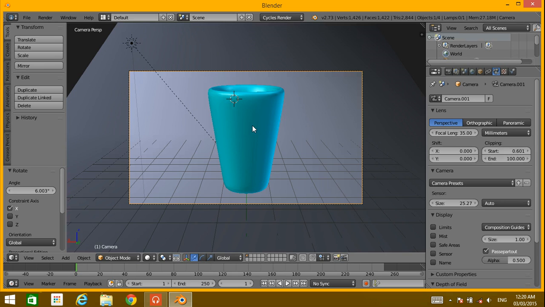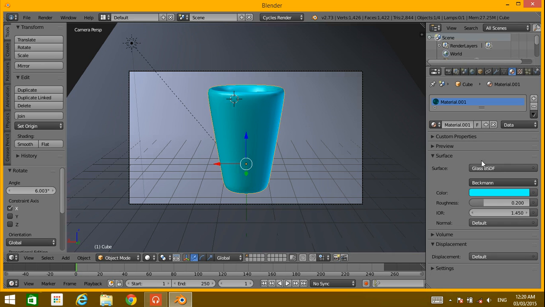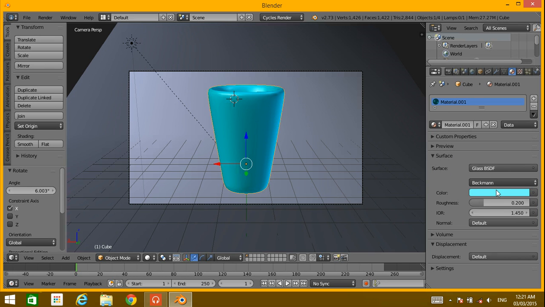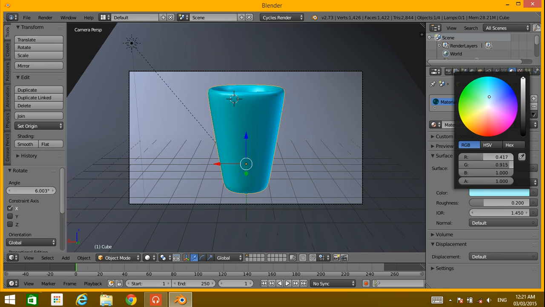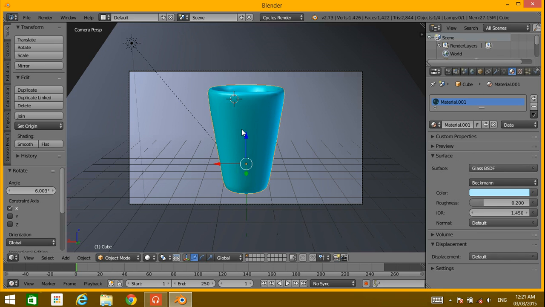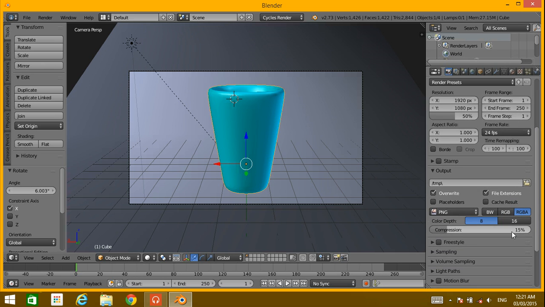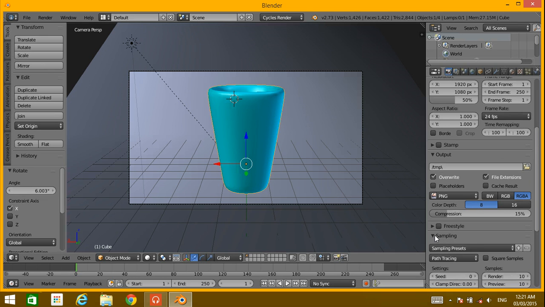So we're gonna do a final touch, and we're gonna change its color a little bit to white, so it isn't so blue. And now for rendering purposes I'll maximize the sampling rate so that it can render smoothly.